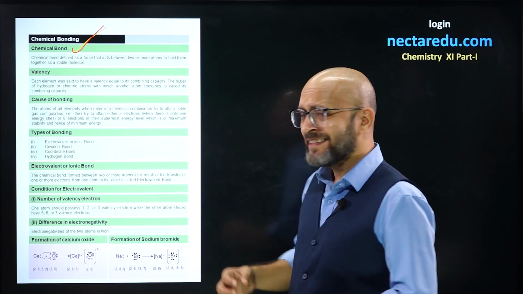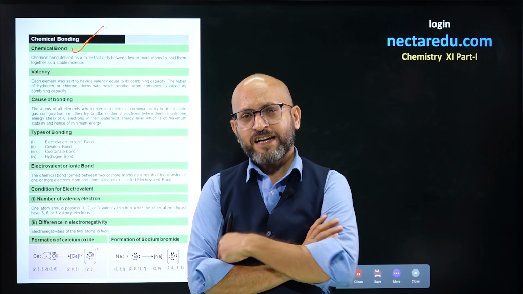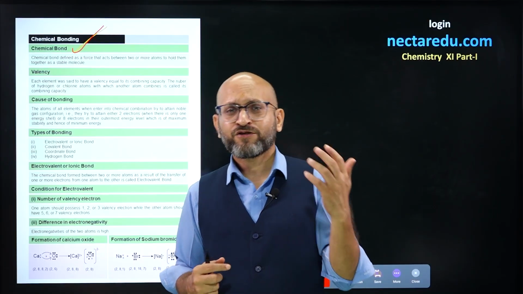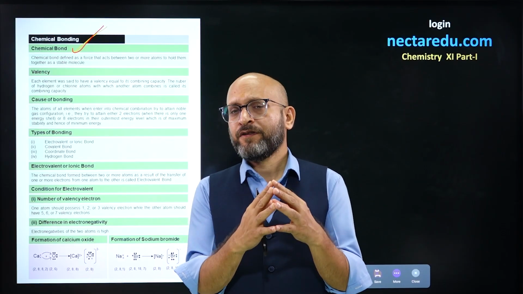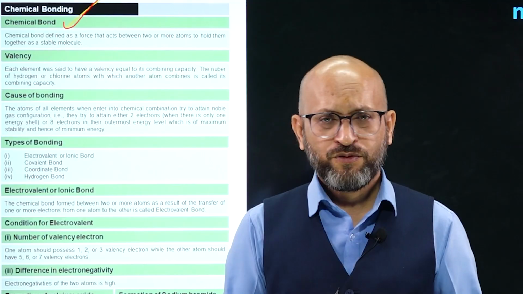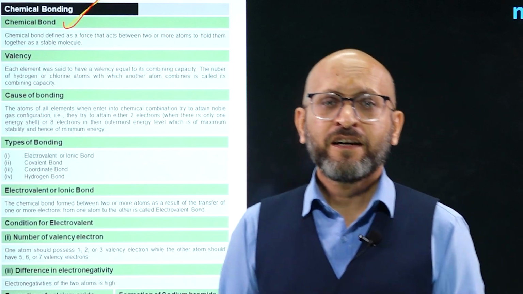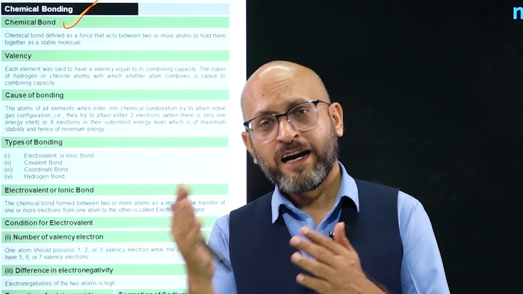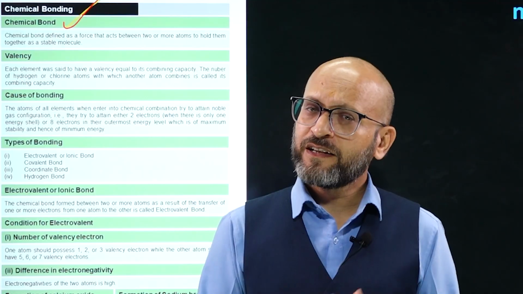Now, there is a term commonly used: valency. So, what do you understand by valency? Valency is basically the number of hydrogen atoms combining with that particular atom. If the number of hydrogen atoms combining with the particular atom is 2, we say valency is 2. If the number of hydrogen or chlorine atoms combining with a particular atom is 1, we say valency is 1, such as with halogens, where one hydrogen atom combines. So valency we normally call 1.